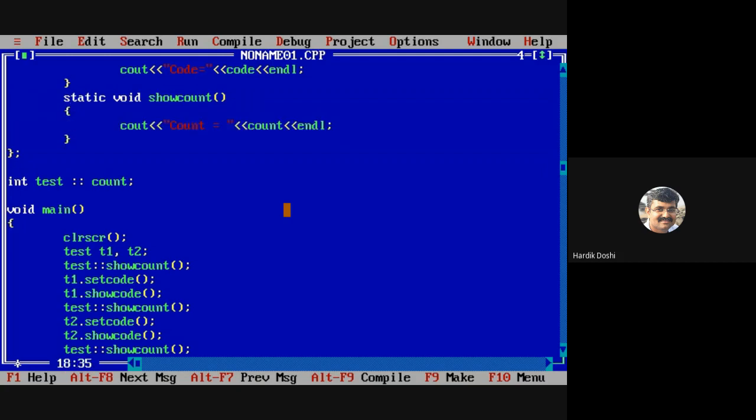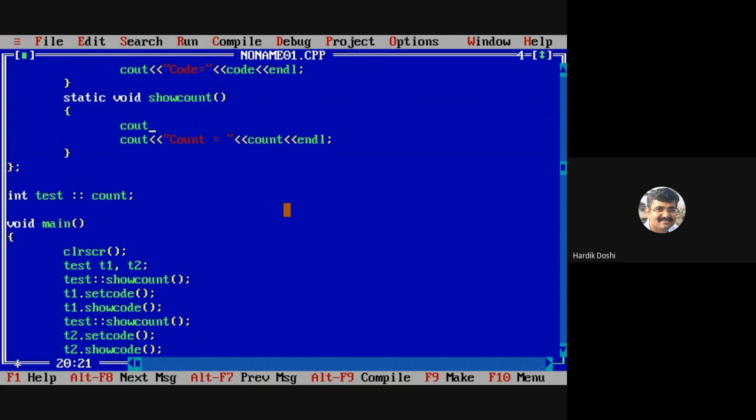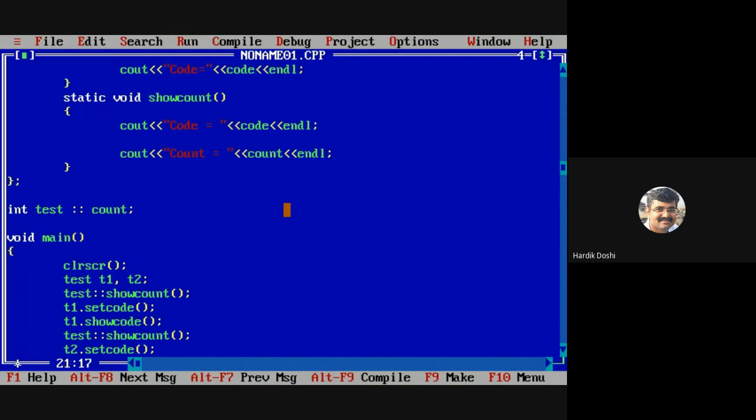Static void show count. Now I am writing cout code is equal to code. Just see the difference.